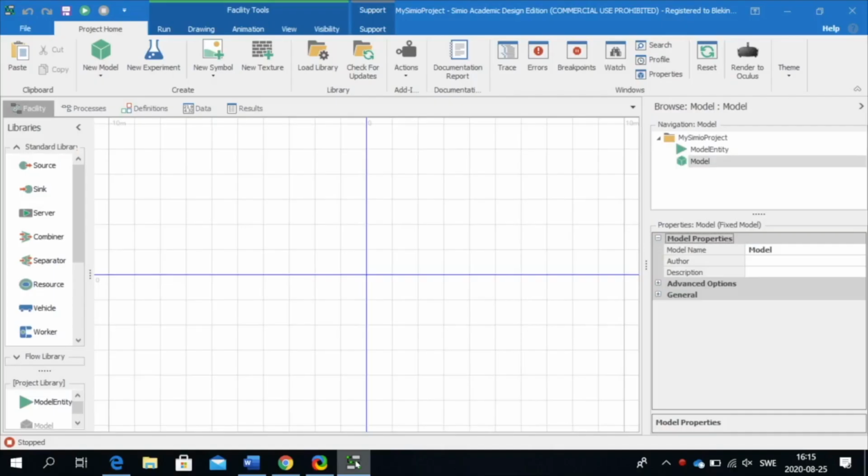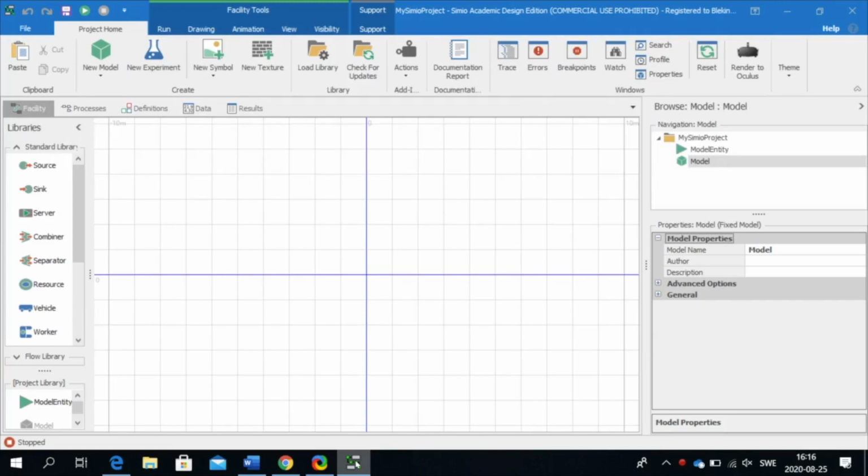Okay, so now it's time to check how to create experiments in order to evaluate the different scenarios. In this case, we're going to work with an example where we have a gas bottle, which is first welded, and then controlled with X-rays in order to check that there is no leakage in the gas bottle. This example is pretty simple, and we are going to start modeling it in SIMIO,